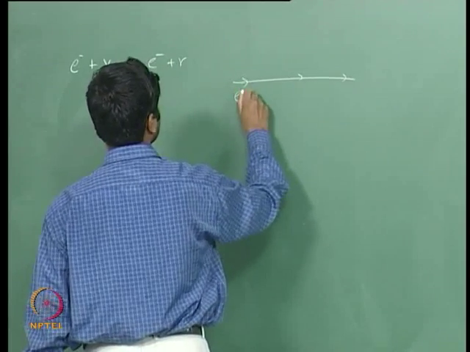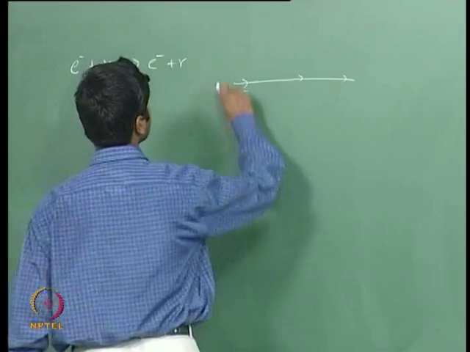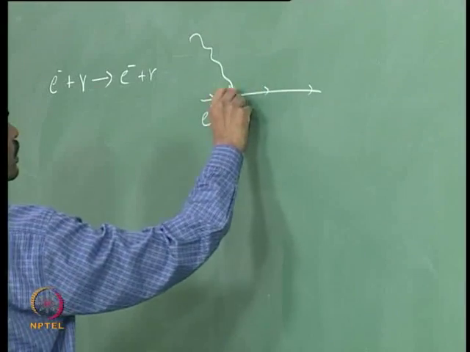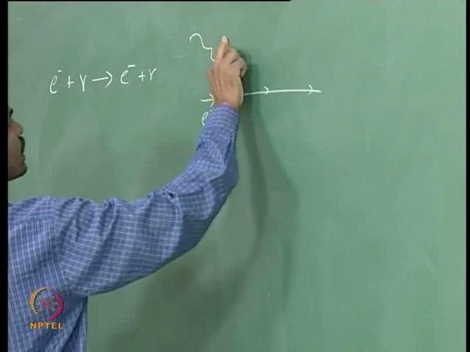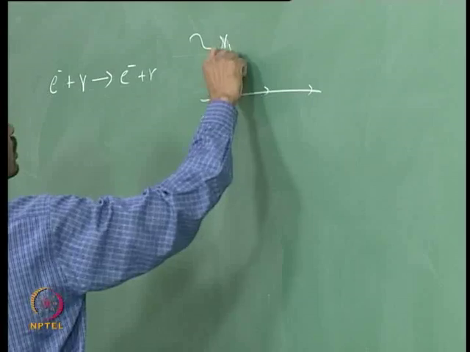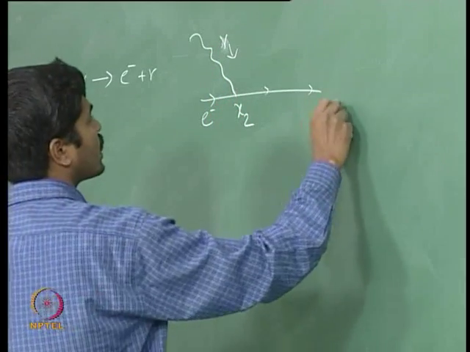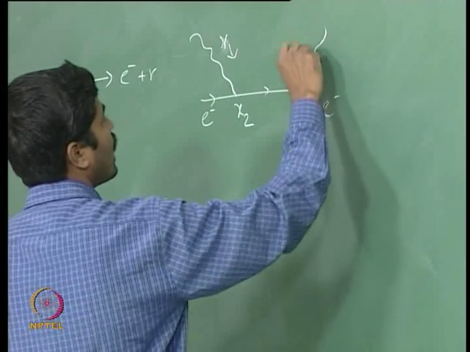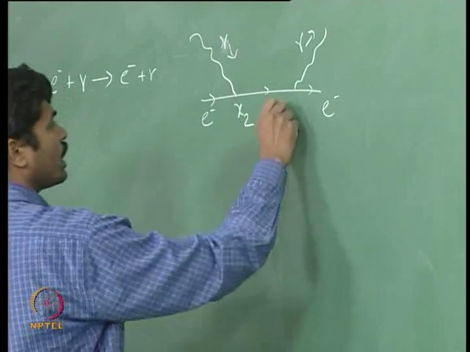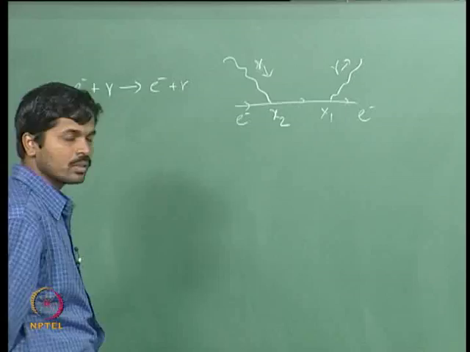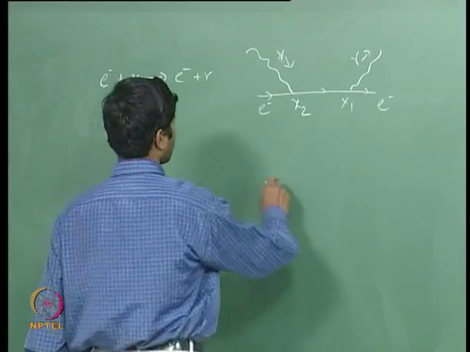So, you have an incoming electron and you have an incoming photon, and then you have an outgoing electron and you have an outgoing photon at x1,